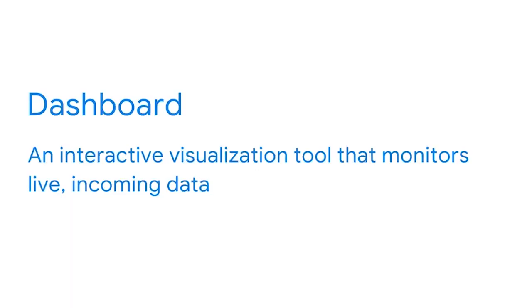BI professionals use data visualizations within dashboards, our final stop on the ride. As you may know, a dashboard is an interactive visualization tool that monitors live incoming data. Picture the dashboards used by train drivers. They pay close attention to these tools in order to constantly observe the status of the train engine and other important equipment. Dashboards keep the drivers connected with the control center to ensure that routes are clear and signals are functioning properly. And the drivers can quickly scan the dashboard to identify any hazards or delays that might affect train speed or schedule.